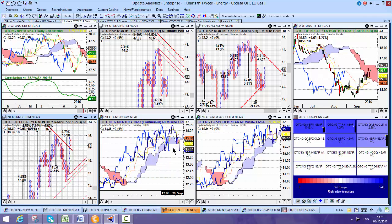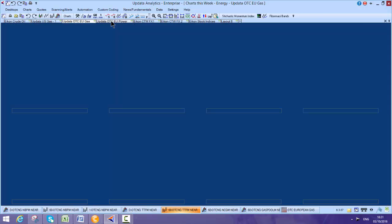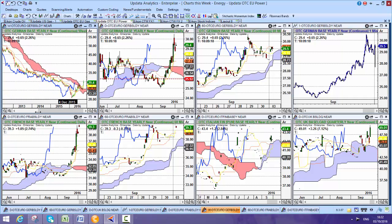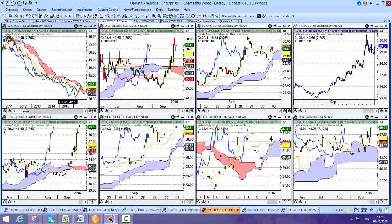NCG not looking as good, and Gaspool just holding the trend at the moment, but keep an eye on the gas markets through those short-term charts. If we look at European power, German power is not yet fully above the cloud on the weekly chart. This is the long-term chart, of course, and we haven't actually been above this cloud on the lagging line now